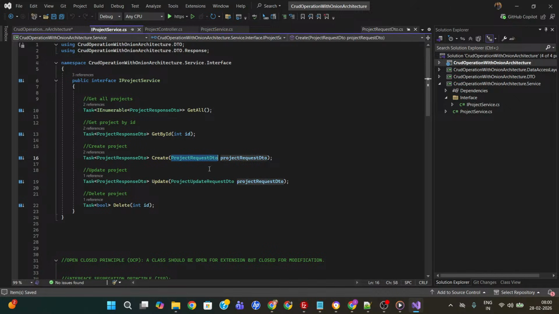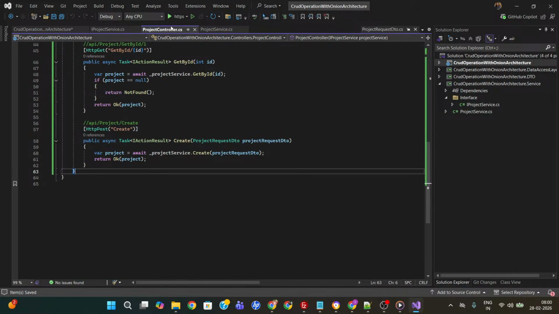So for add or update we need to pass this DTO, and in delete we need to pass the id. If you want to add a check here, you can easily check if this project request DTO is null, not getting any data. So that time you can return a bad request. It's your choice, you can add exceptions here or